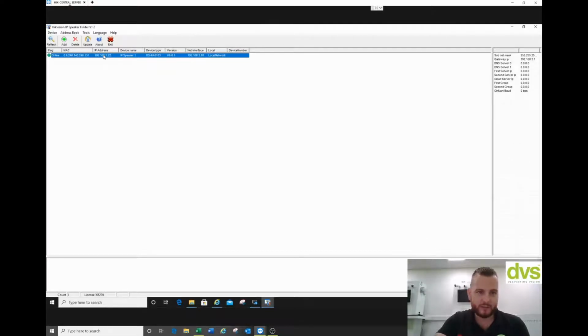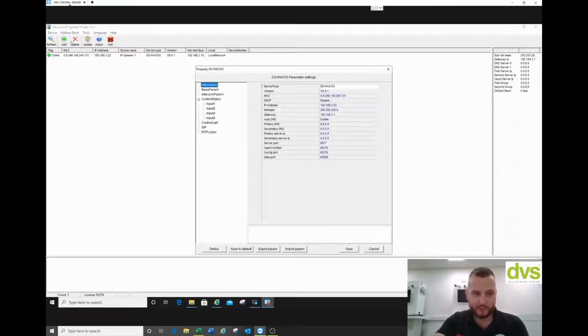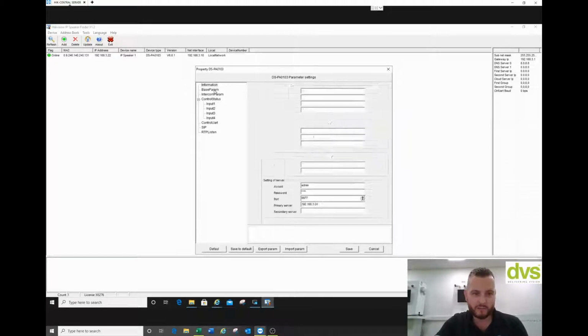Or I can just simply change the details by double clicking on it. I can change the details. So this is the model number. So that's the model number of the IP horn. Current firmware version, which so far is the latest. IP address and etc. So to change any of these parameters, you open the tool, find the speaker, go into